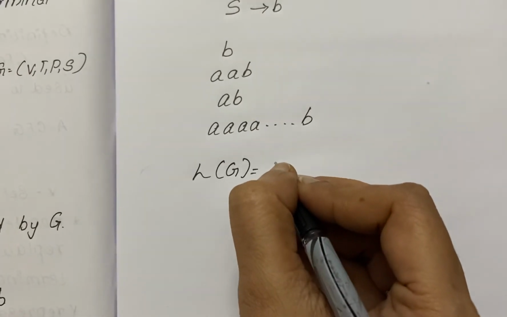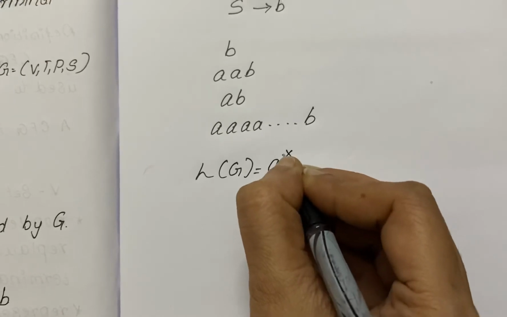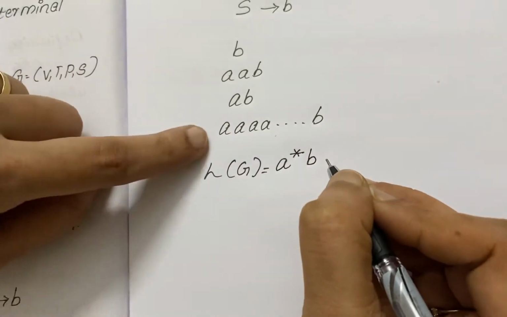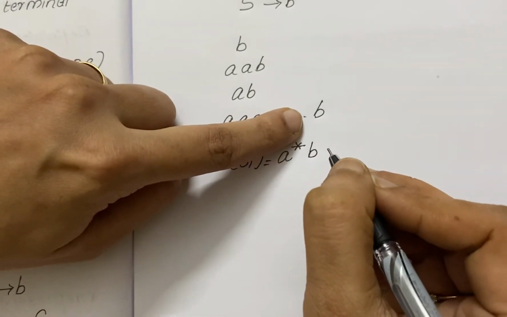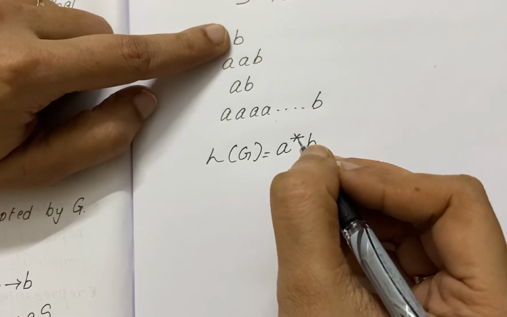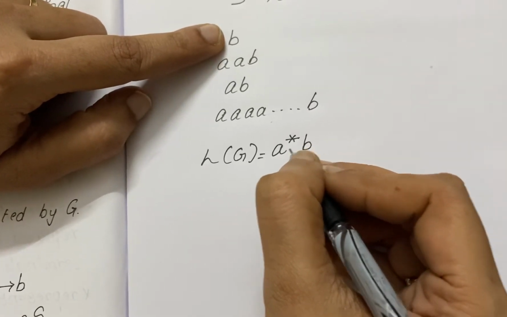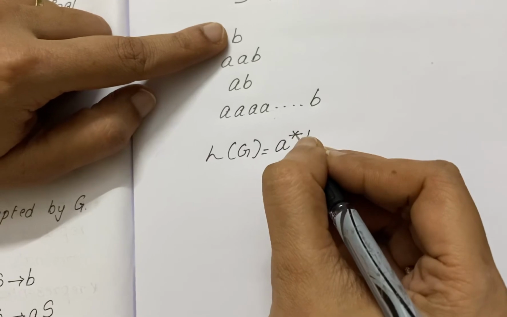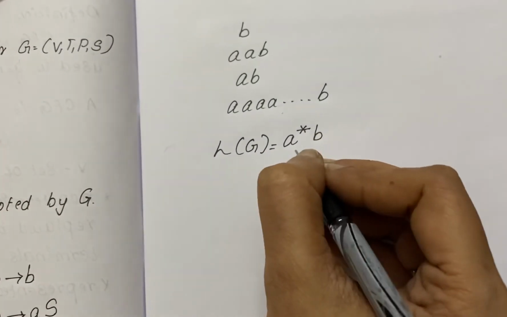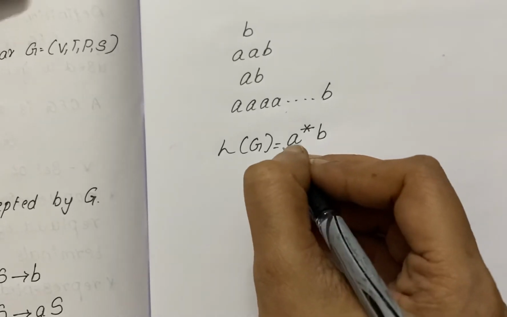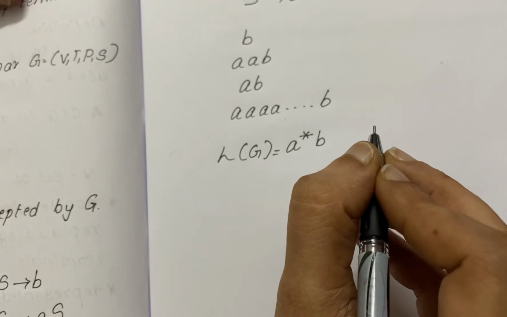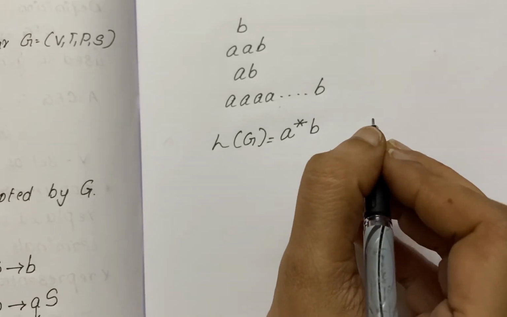So we can write it like this, A star, and there is only one B. Why am I writing A star? You can have any number of A's including epsilon, means here you don't have an A. This is a condition where you don't have an A. So that is why we write star, which represents any number of A's including epsilon. So the language which is accepted by this grammar is A star B. Okay. Now we will see one more simple example.